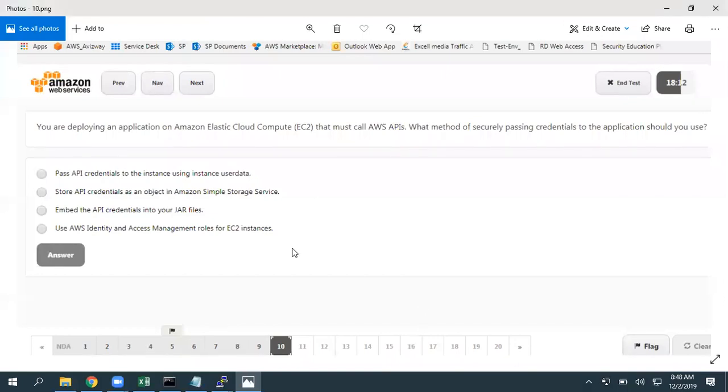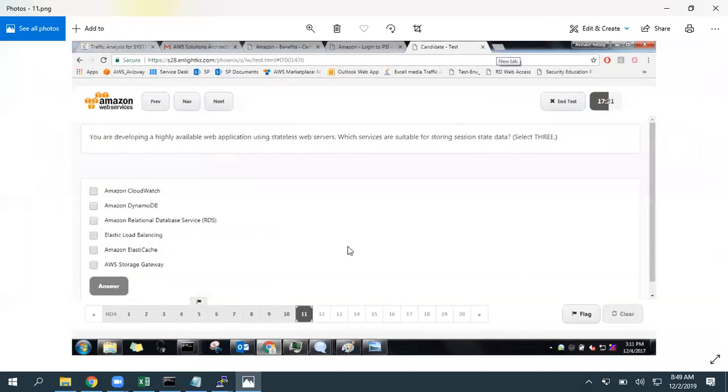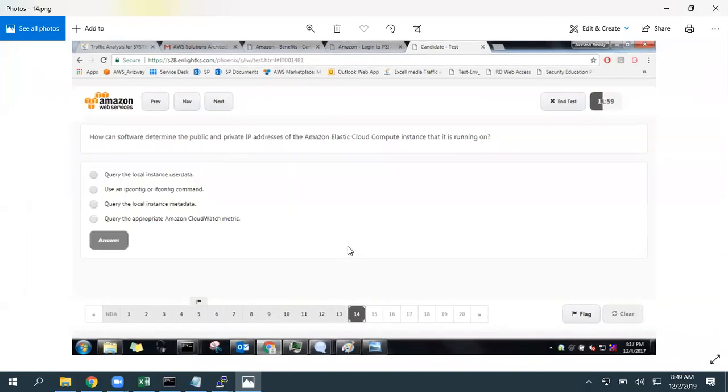Yes. So use roles to pass credentials. We are nowhere configuring credentials, right? So in that roles concept. So that is one. I think we have another question also.